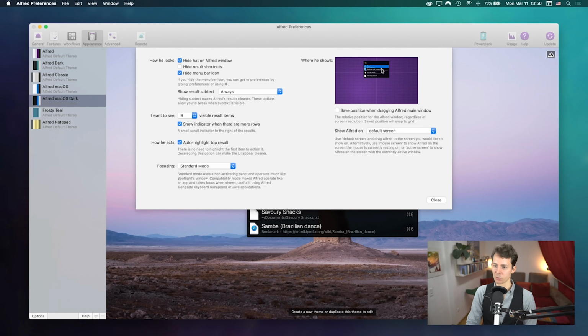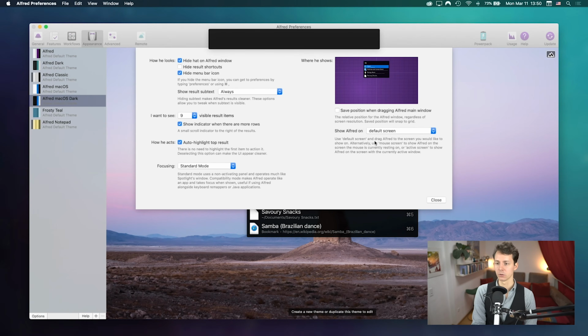And as I said, I personally just prefer it right there in the center, right there at the top. Show Alfred on is also an interesting setting. It's where your mouse is, which is the active screen, so which is the selected screen. This setting with the default screen is the one that I prefer personally, because if you go into the display